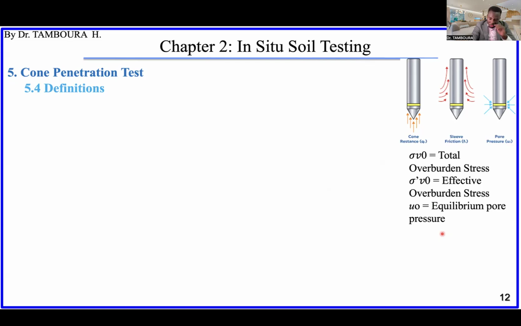I think you know how to calculate. If you have the unit weight of water, which is known, and the water level, you can calculate this one at any depth. Same here also, the overburden stress, effective and total one. Also, if you